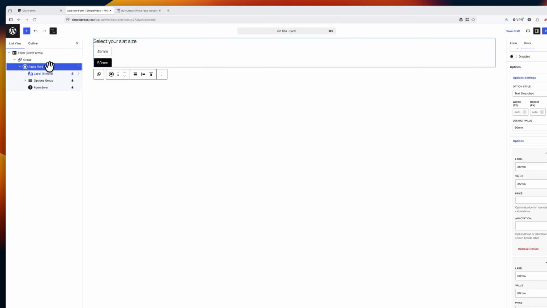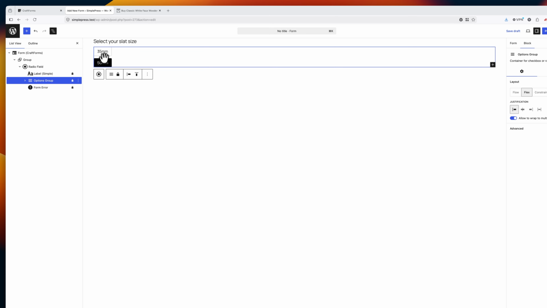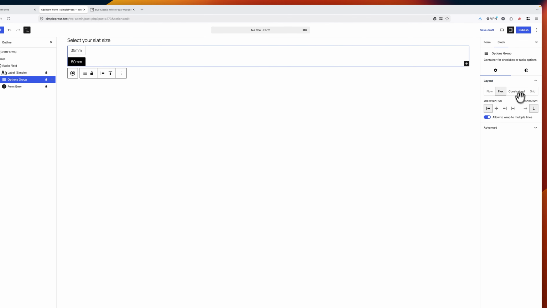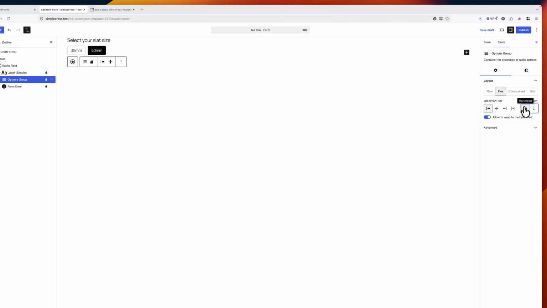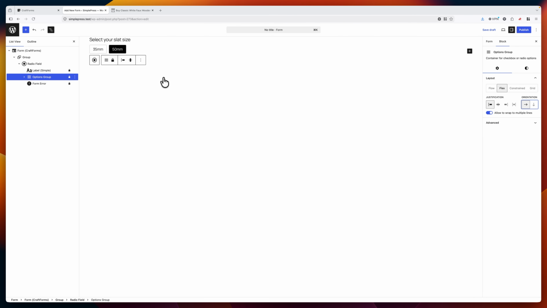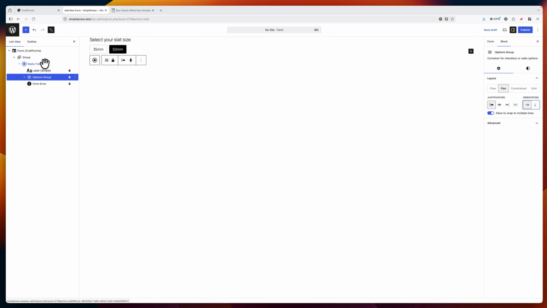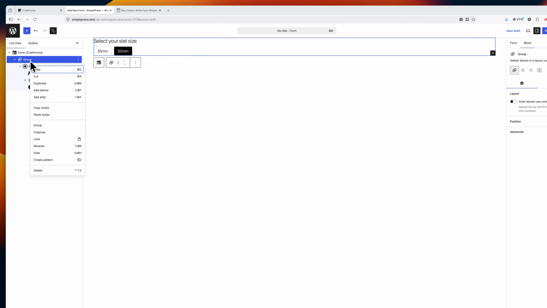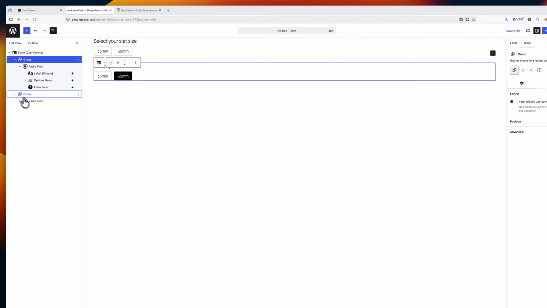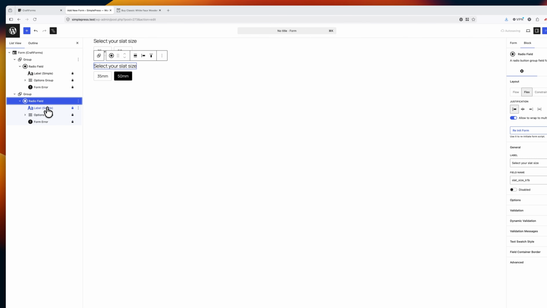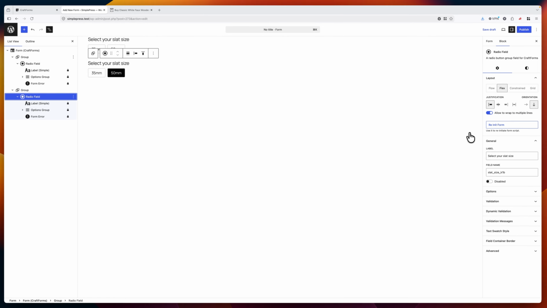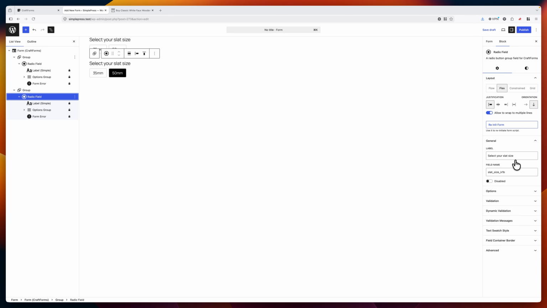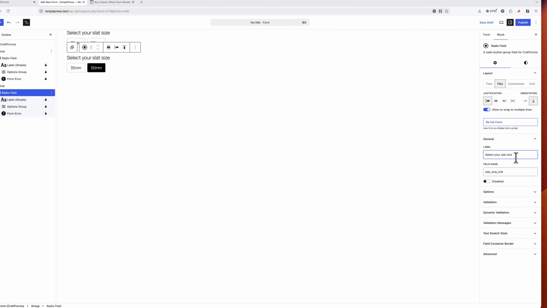Now I would like to show these two choices in a row. So I click here in orientation. Fine. Okay, yeah, I have my first option. Select your slat size. Now let me duplicate this whole group. The second radio field will be